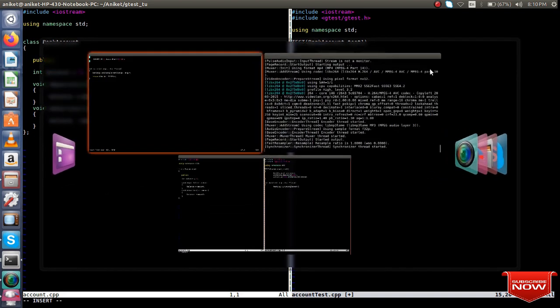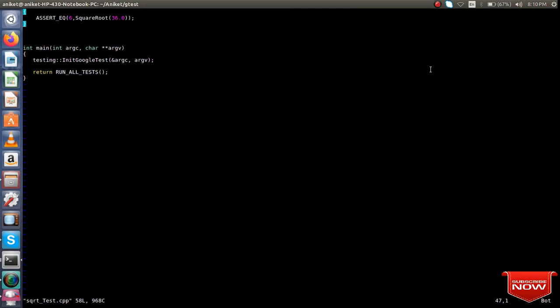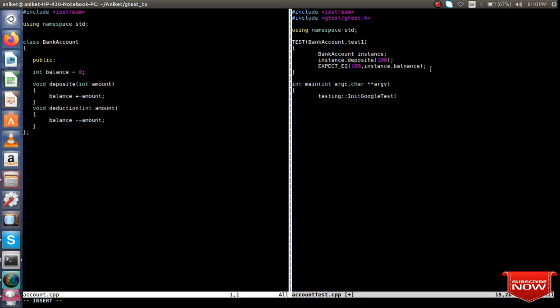I hope it is InitGoogleTest. Let me check once. Yeah, it is InitGoogleTest. And then the rest, argc comma argv. Here let's return RUN_ALL_TESTS. Just write everything and close.